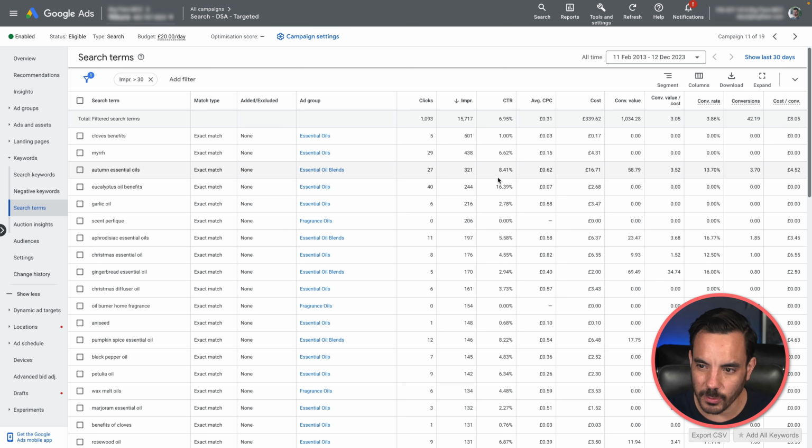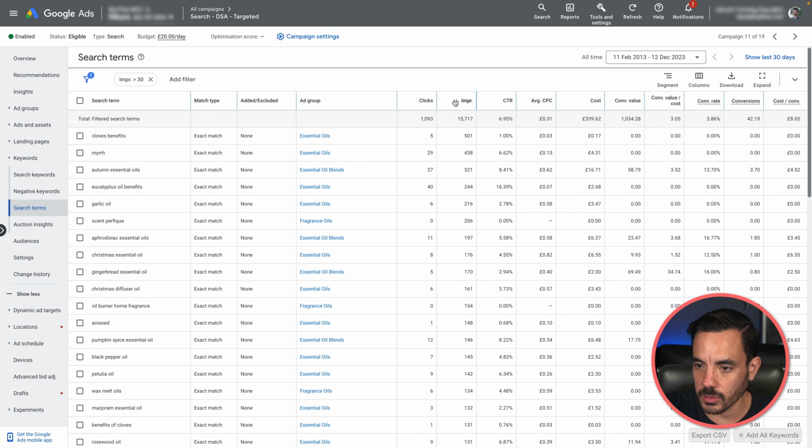DSA is not a high performing type of campaign. You're going to get much better performance by moving these keywords out into your standard search campaigns and writing really good relevant ad headlines for them. As we covered earlier, the dynamic search ads type has an automatically generated headline, which is not ideal for getting a high CTR and conversion rate. So yeah, dynamic search ads is very much a discovery campaign, and you're going to want to come in here